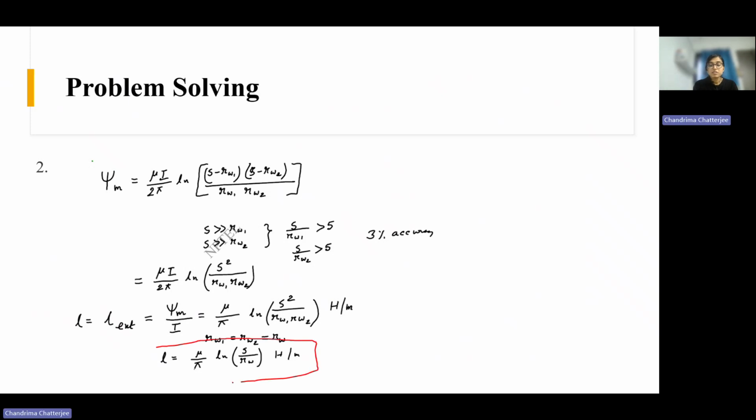This is the final expression for per unit length inductance. I hope you understood how we are coming to this expression. And when we were representing in terms of microhenry, it was 0.4 ln S upon Rw